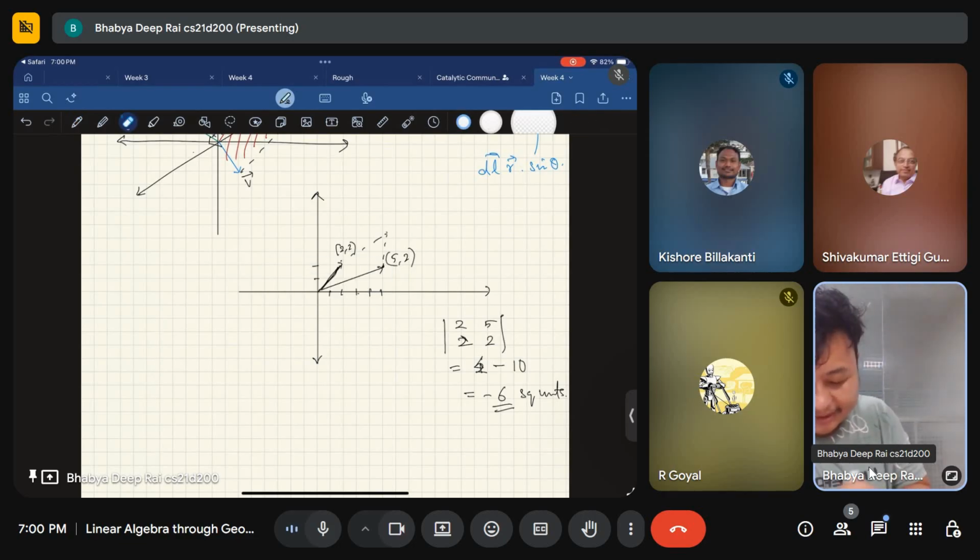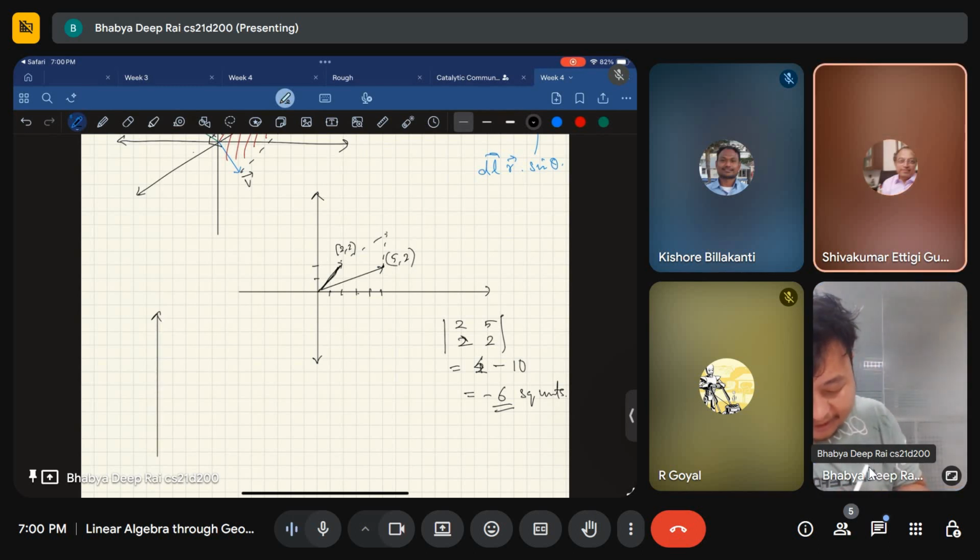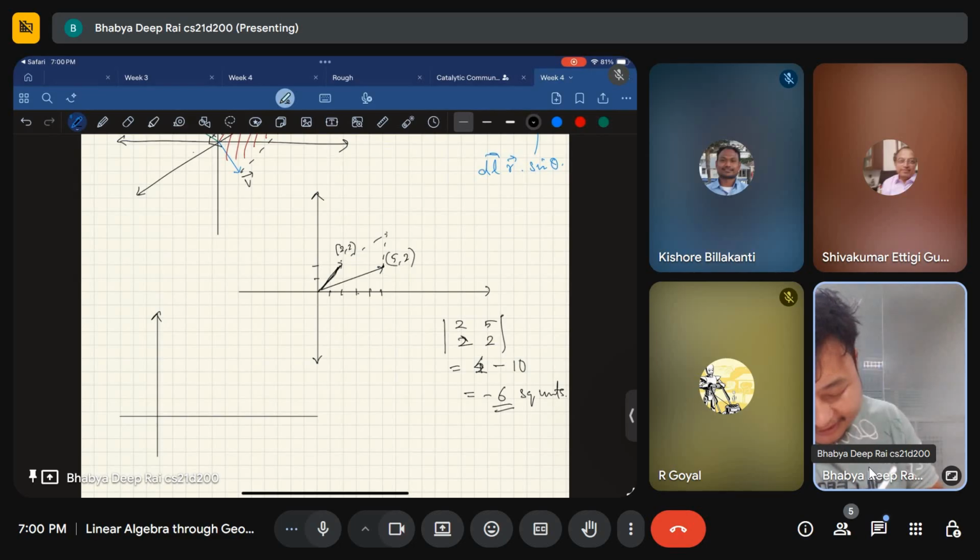If I look at the (5, 2) vector first and then look at the (2, 2) vector, and consider the parallelogram with it, I'm getting two different answers, because then what I get is (5, 2), (2, 2), and one moment,